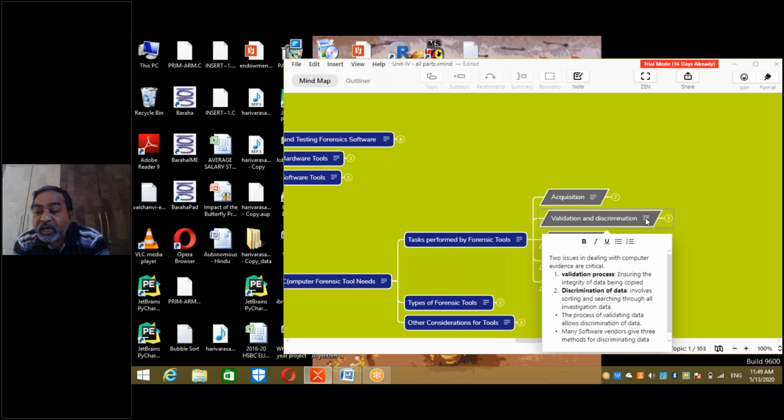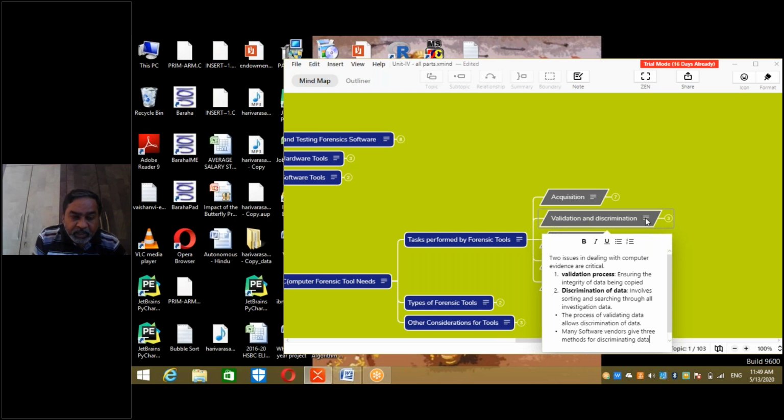It involves sorting and searching through all the investigation data. As I said, yesterday we discussed how to select the data. If you see that the data you have on hand has no relevance to the case, then mark it as red. What are you doing? You are discriminating the needed data against unneeded data. This is called discrimination.